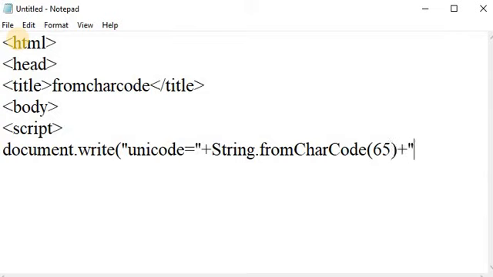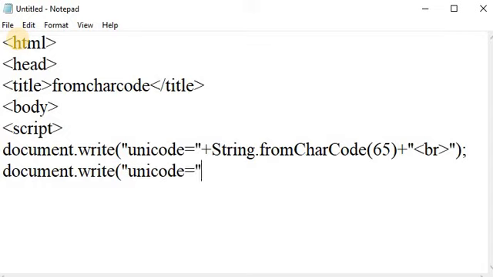Again I am taking a break tag because I am writing a new line or another write method, so that I am taking a break tag because result is printed on a new line. Again here I am passing Unicode is equal to plus write S also in an uppercase letter, String dot from in a lowercase, first C in uppercase, also second C in an uppercase letter.